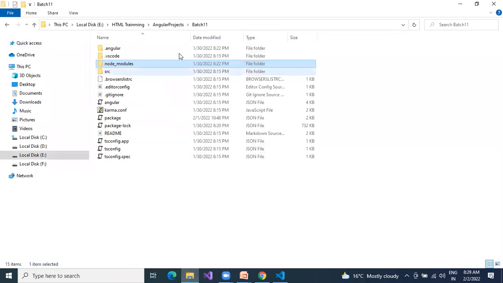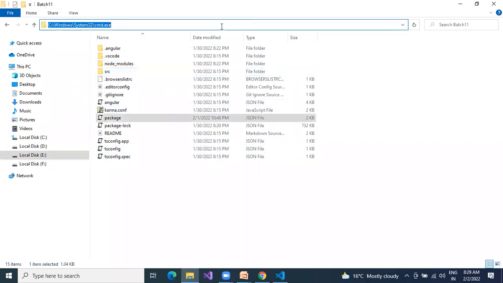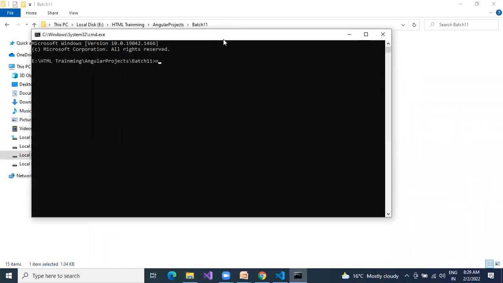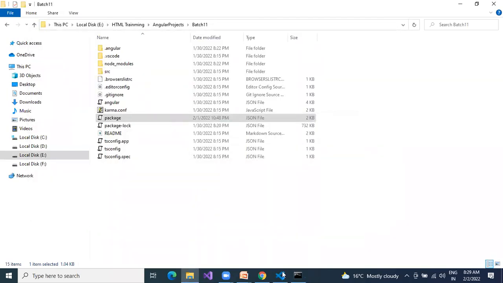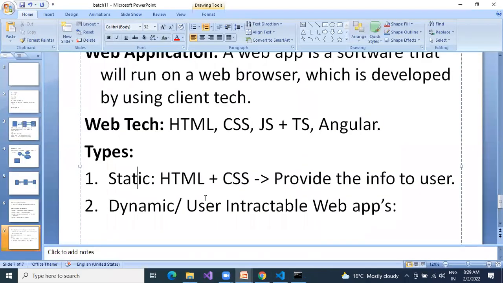Done. So where is my project? Wherever my package.json is, there only I can run my solution. In CMD, ng serve. Let me use this. Okay, we will take the notes.